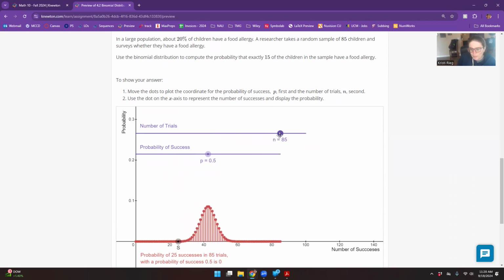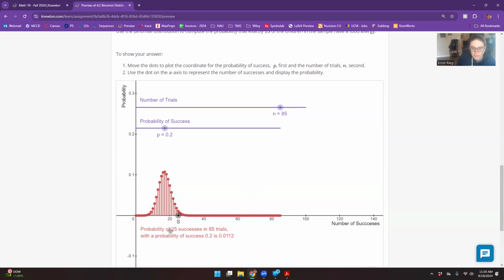Hopefully you're just watching right now because then when you do this on your homework, you'll see what to do. The probability of success we said was 0.2. And we want to know about 15 people having a food allergy. So it says right here, the probability of 25 successes out of 85 with our probability is given right here. Well, I want to change it to 15 successes. So I'm going to move my success over to 15 because that was our X above. So it's on the x-axis, and so it says a probability of 15 successes in 85 trials with a probability of success of 0.2, which is exactly what we're asking,